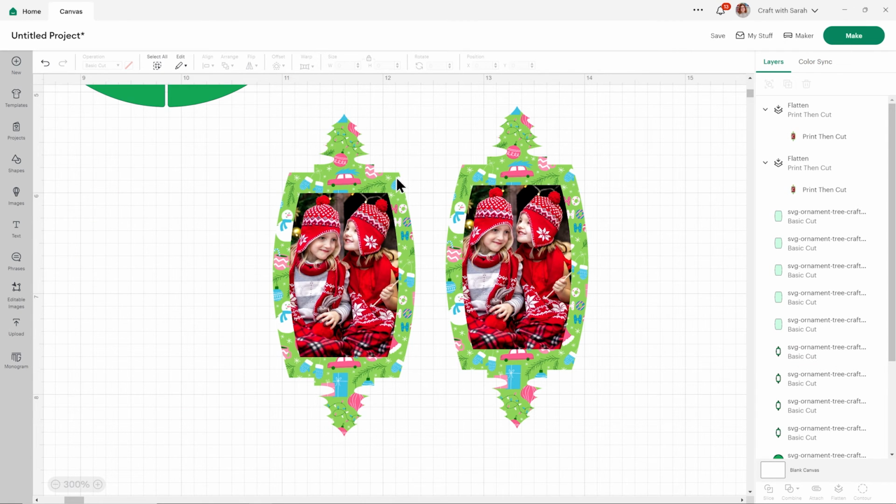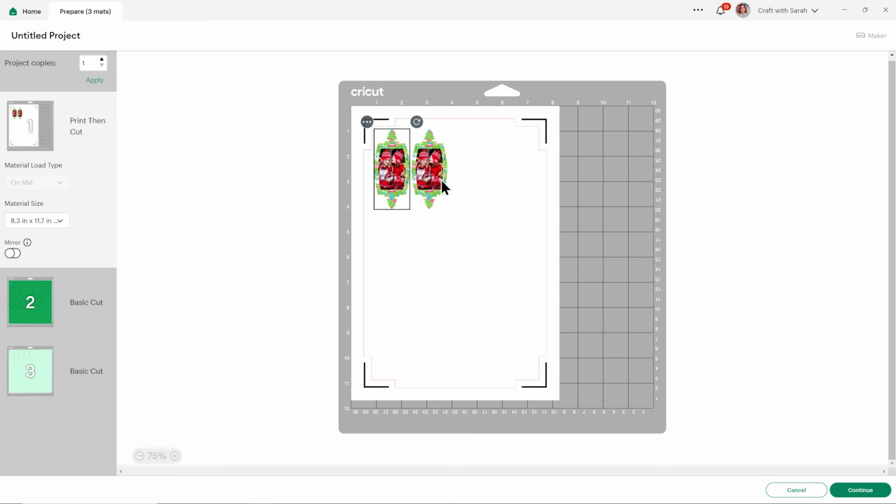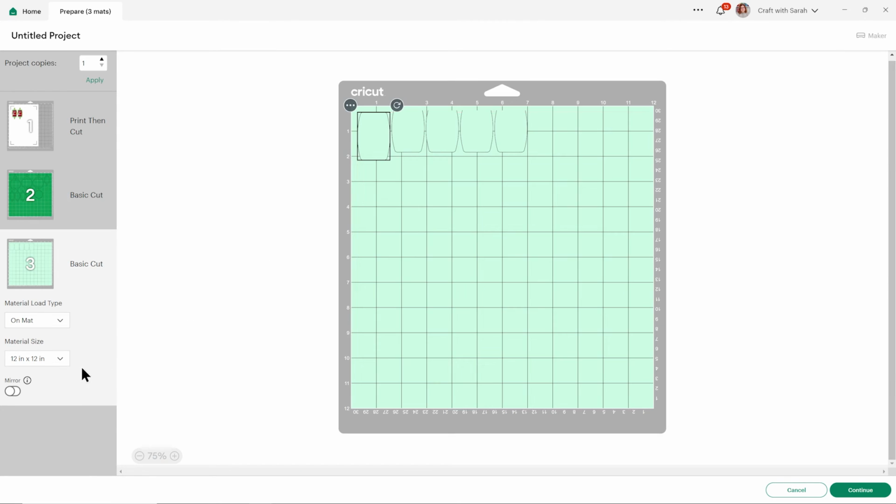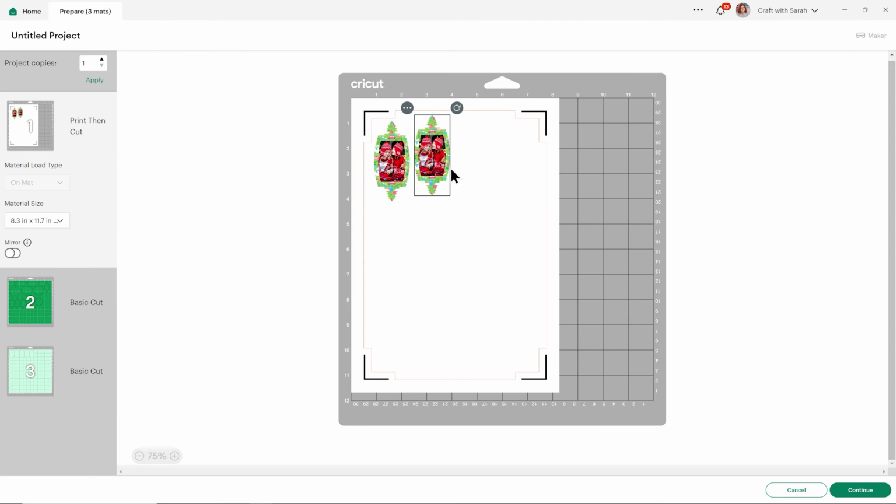When you click make, you'll see that it will separate this out. I've still got my main bauble to be cut out from my green cardstock, and of course I've still got these 4 empty panels because I haven't changed them yet. And again, I've still got them just because I didn't delete them, but it's fine. I'm not actually going to make this just yet. I'm just showing you what it looks like.